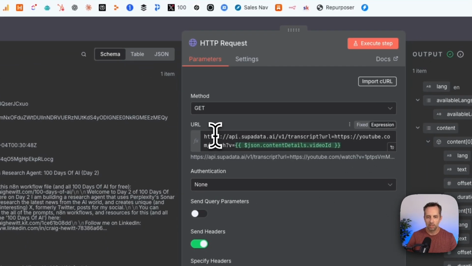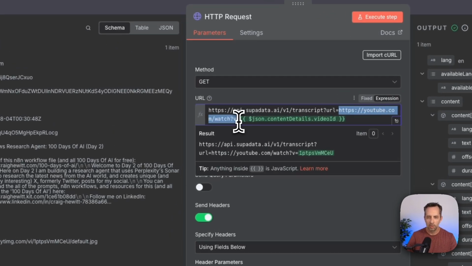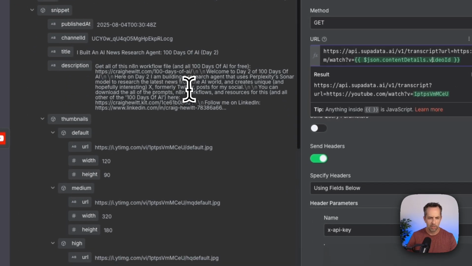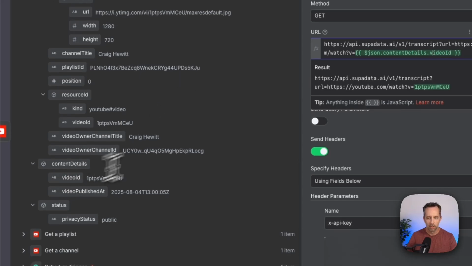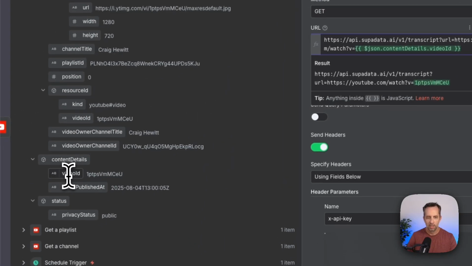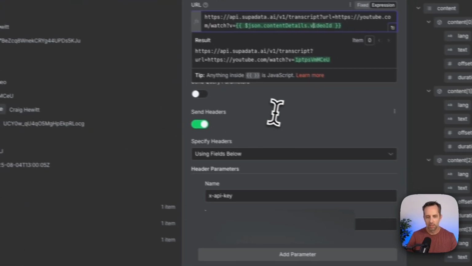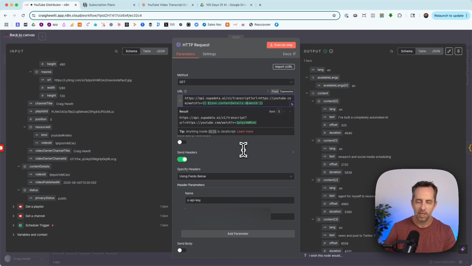So what this is doing is it's calling with this mostly static link here. And then I'm just appending the end, this video ID that we get right from over here. So this is the variable. Anytime you see the curly brackets and then all this stuff, that really is mapping back to this data item and the schema on the left. The rest of this is just the authentication that we're sending to SUPA data to say, hey, this is my account, I have the right to make this request. And it's giving us back this stuff on the right, which is the transcript of the YouTube video chunked into